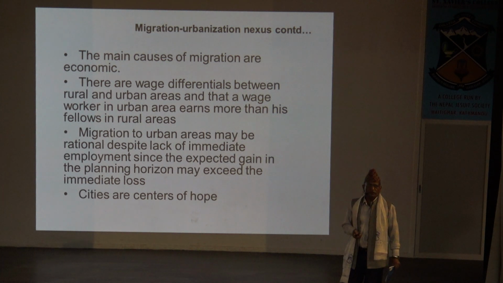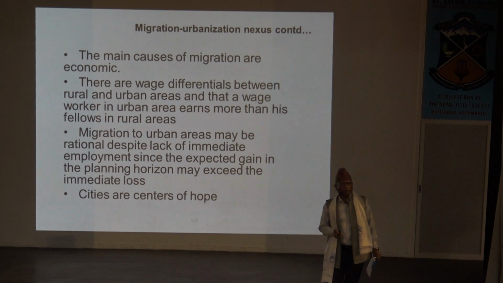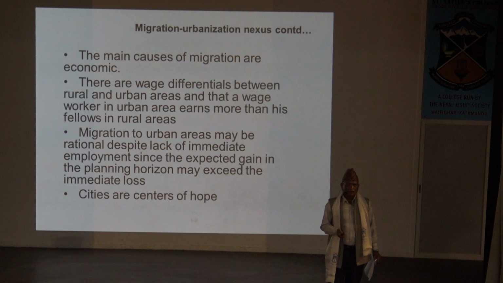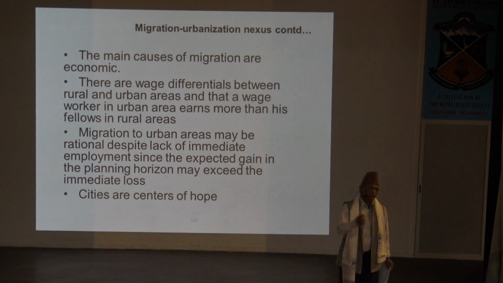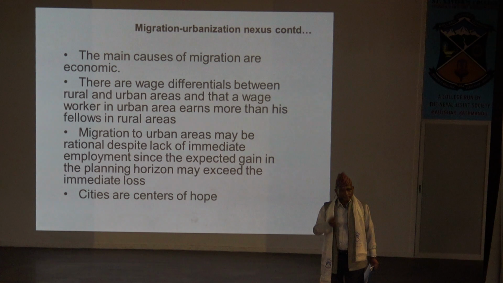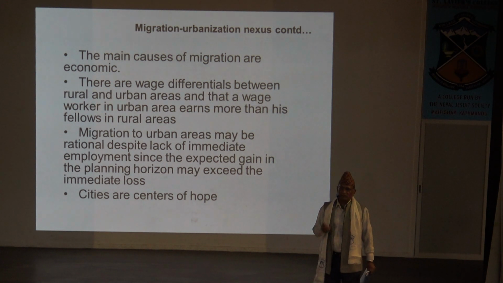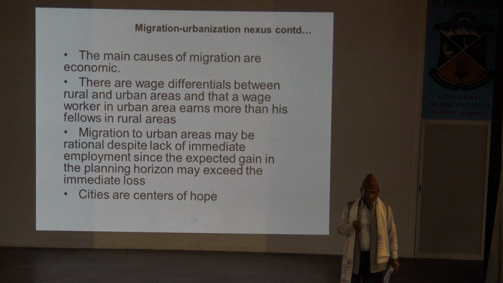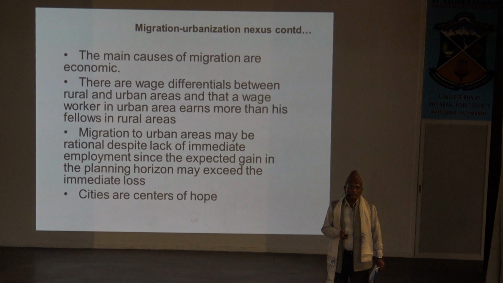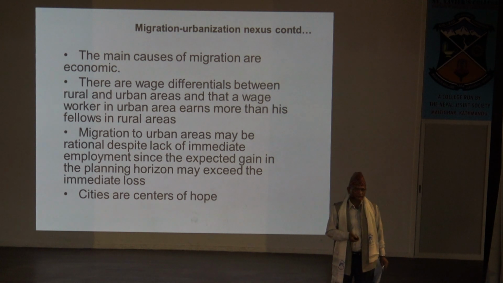Now there is a theory by one of the economists, and it says that people in the rural areas know that they may not get full employment as soon as they enter the cities, and they will be looking for employment. They know it, there is unemployment. Despite knowing that there is unemployment in urban areas, they tend to move. They tend to move because they have a certain planning horizon. They think